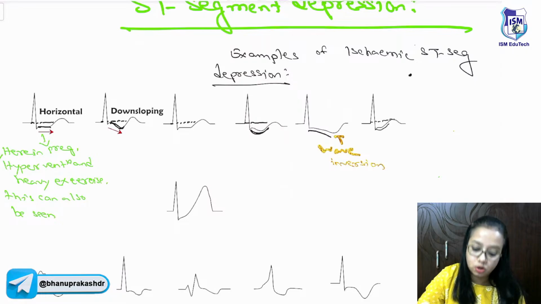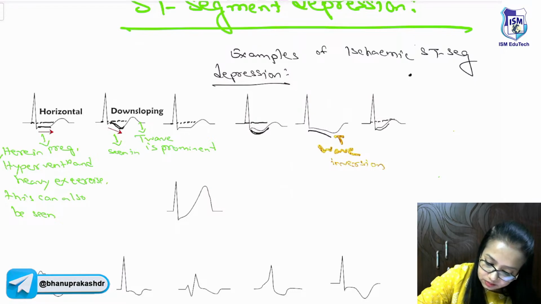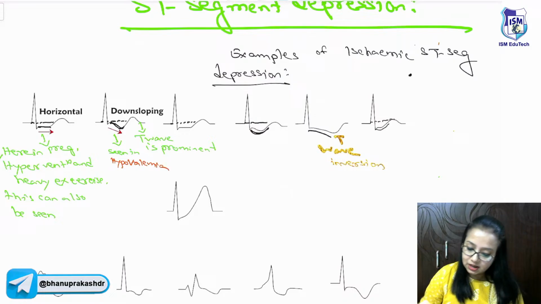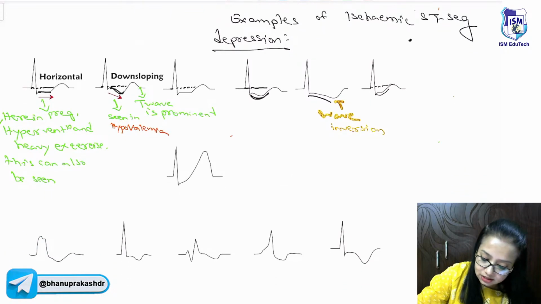Now, the downsloping type with a very prominent T wave. Here you see the T wave is prominent. Okay. This can also be seen in patients who are suffering from hypokalemia. And these are the examples of a typical ischemic heart condition. Now, here, this one is an example of